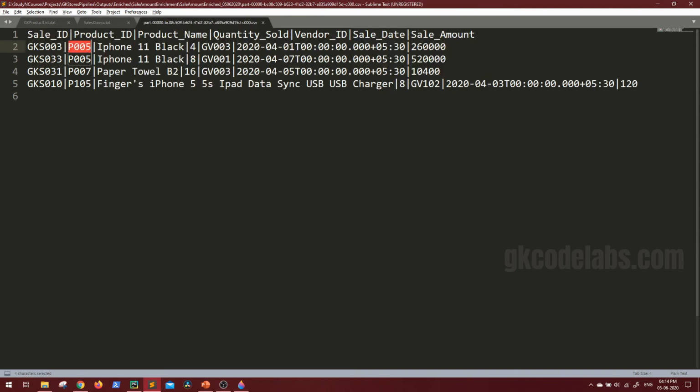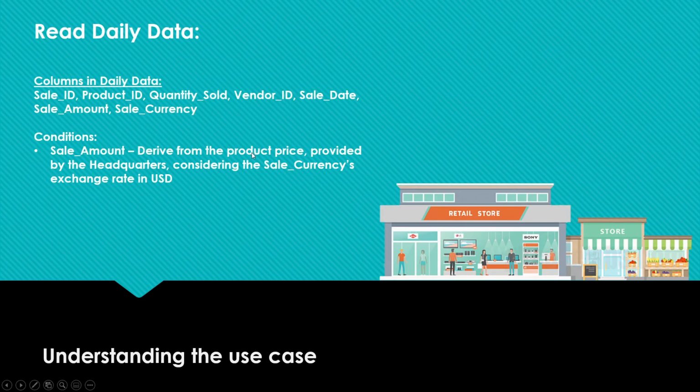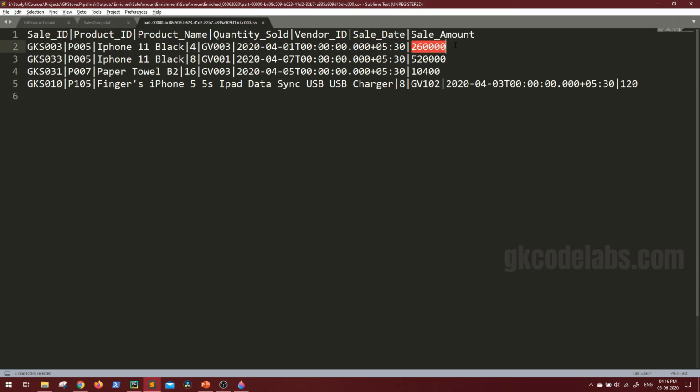That is the reason quantity sold is 4, and 65K into 4, we are getting 2,60,000. So correct. Getting back to the requirement, the sale amount has to be derived from the product price provided by the headquarters, considering the sale currency's exchange rate in USD. So half of the requirement is fulfilled, that we are able to calculate the sale amount.